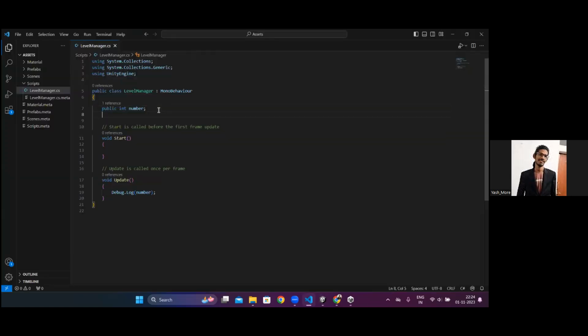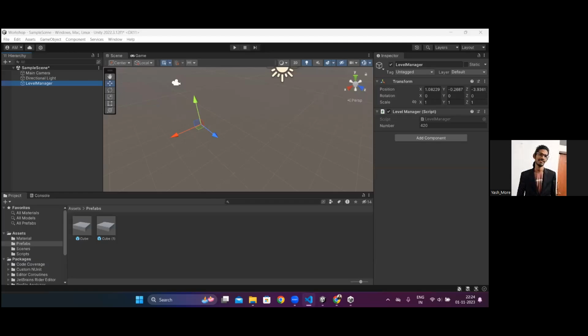So I will just create a game object and I'll call it tile prefab. Once you have created this game object in the Unity editor,